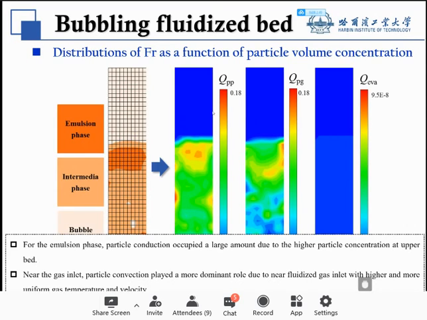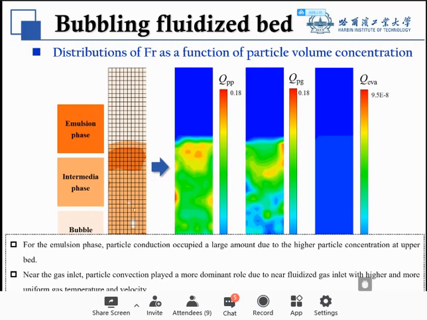From the figure we can see that for the emulsion phase, the dark color, particle conduction occupies a large amount due to the higher particle concentration at the upper bed. Near the gas inlet at the bottom of the bed, particle convection plays a more dominant role due to the higher and more uniform gas temperature